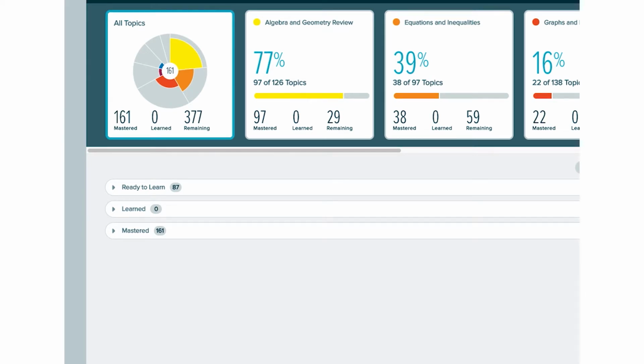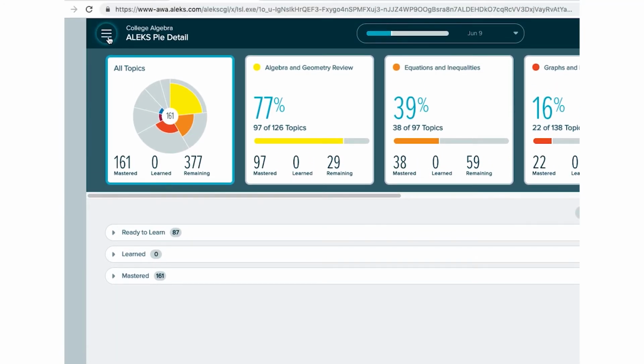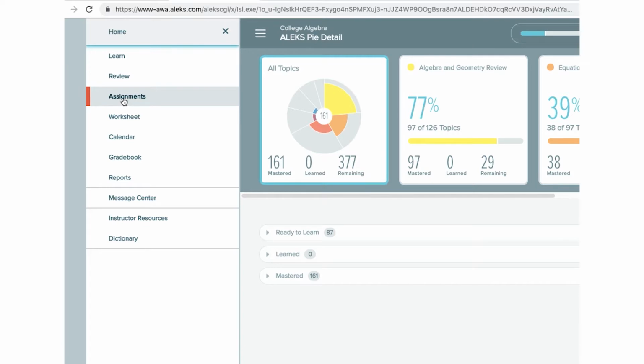mastered. In addition to working in your pie and possible objective assignments, you may have additional homework, quizzes, or tests. To find your list of visible assignments, click on the three small horizontal lines on the left of the home page. This opens the menu from which you will select Assignments. Here, you will see a list of your assignments, detailing the name and type of each assignment, including homework sets, scheduled knowledge checks, tests, and quizzes. Additionally, you will see the start date and end date for each. From this menu, you can also see the score you earned on each assignment.